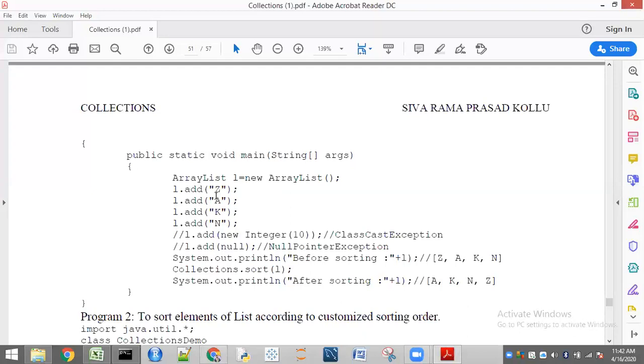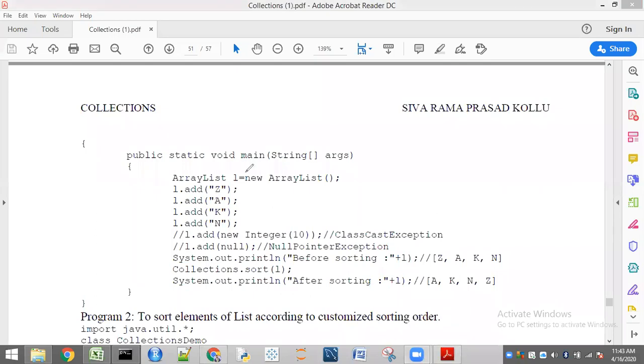Internally, already you know how the ArrayList object is created and how much capacity it has by default. All these things we have seen in previous sessions. So Z, A, K, N are present. In a list, is insertion order preserved or not? Yes, insertion order is preserved and duplicates are allowed according to list properties. So whatever order I insert here, in the same order it is going to be printed.